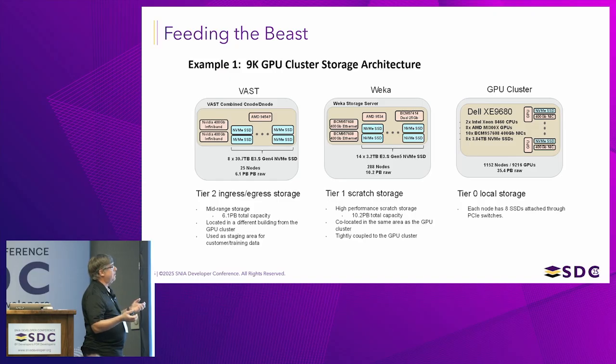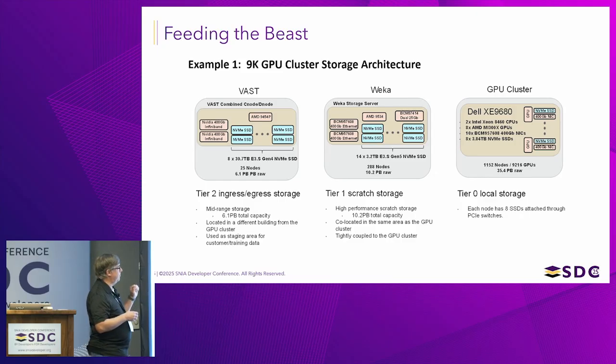They use 3 tiers of storage. They have the local storage within the GPU cluster itself, a series of SSDs. They have a tier 1 scratch storage area that they use to stage all their training data in, and then they have a tier 2 ingress